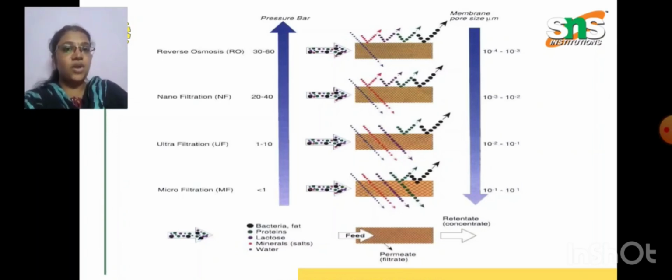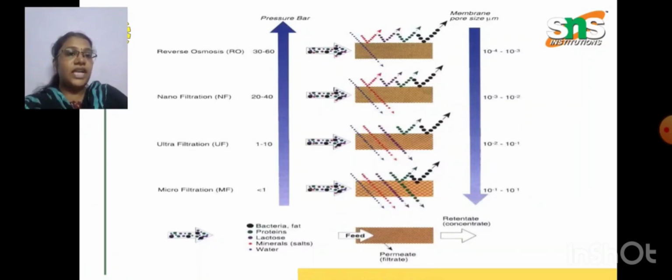These four types of membrane filtration have been discussed in this picture, where they have given how much pressure in bar is needed for the particular membrane to separate the retentate from the feed. Here when we see the pore size, they have given the variation in the size of pore